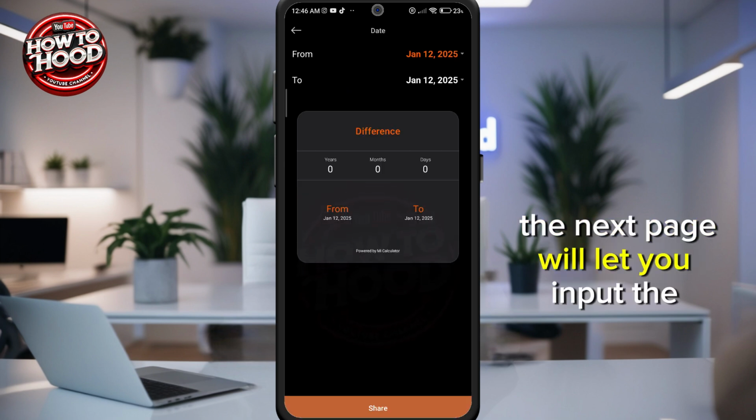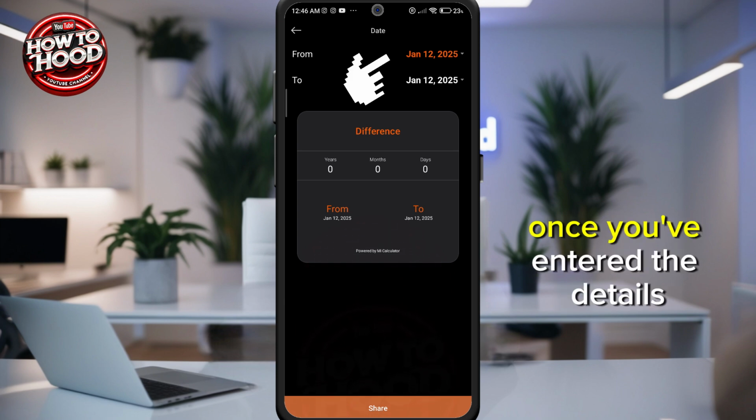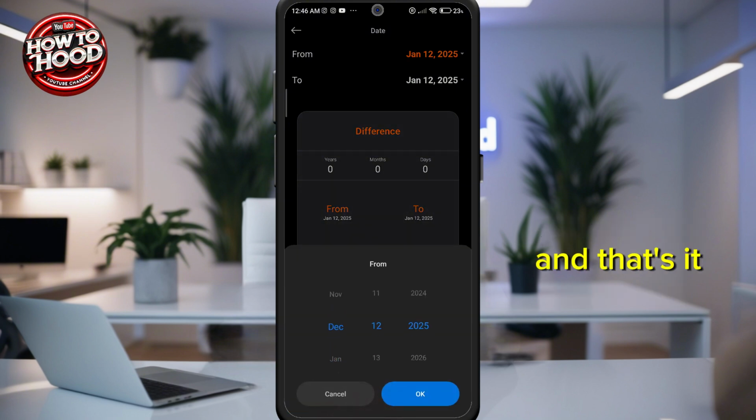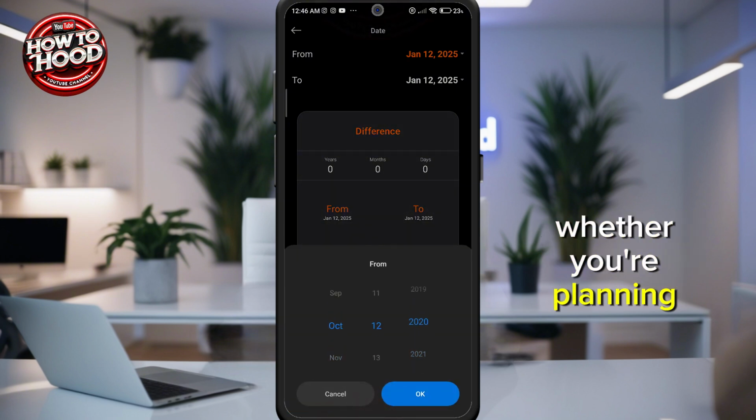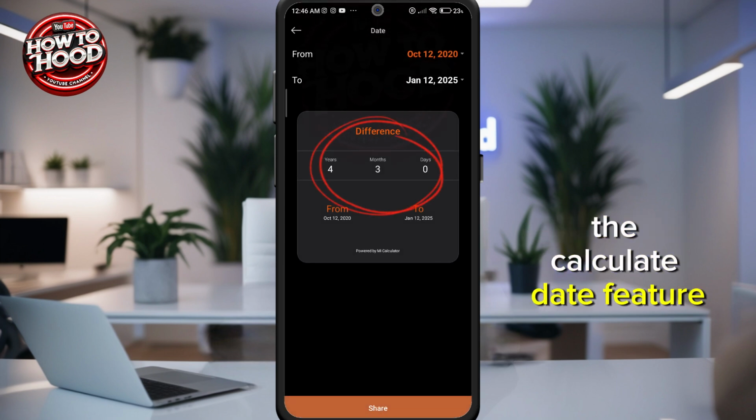The next page will let you input the date, month, and year in the provided fields. Once you've entered the details, the tool will calculate the result instantly. And that's it. Whether you're planning ahead for an important event or double-checking a timeline, the Calculate Date feature is